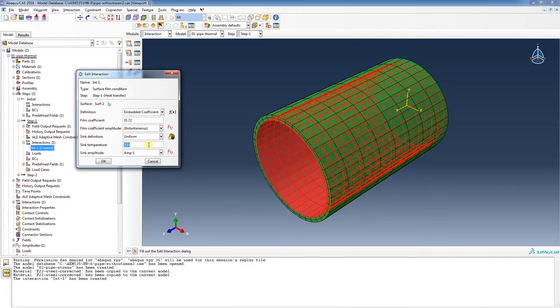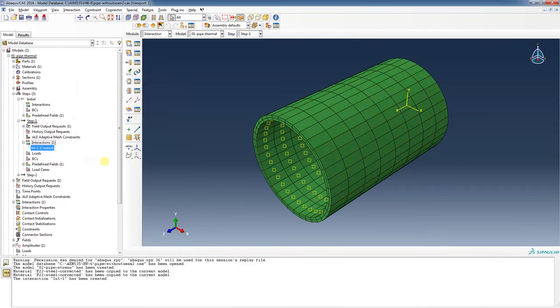And this value you have to be careful with too. We need to change that to a value of 1. The way this works is kind of like what we saw with our loads when we did our plate with a hole example. It takes this value, multiplies it by the amplitude to get our temperature. So if we left that at 700, then it would start out at 700 times 700 degrees. We don't want that, so we need to change that sink temperature to 1 when we use the amplitude card that we just defined. Alright, so now we have that, and I think we are ready to create a job